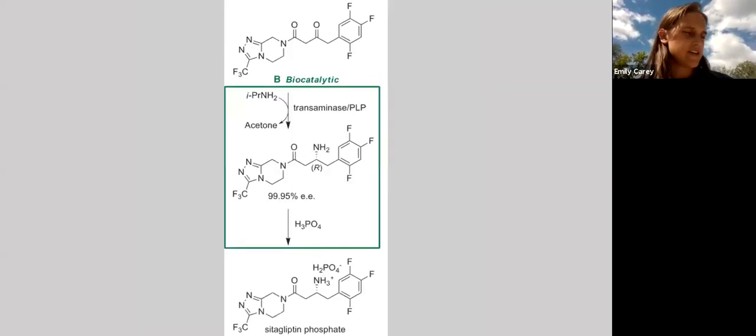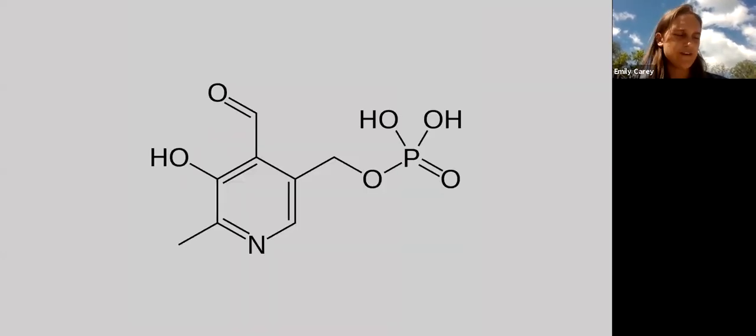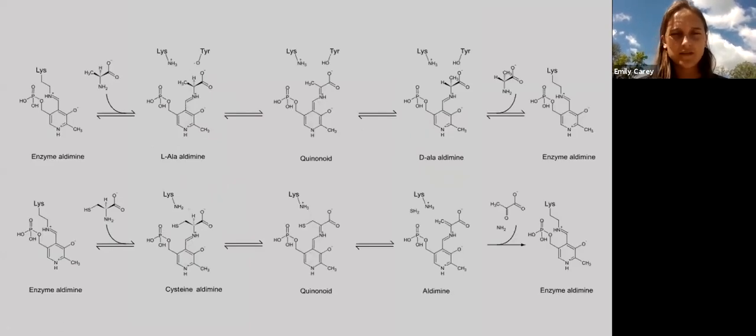Okay, and then this is the biocatalytic approach. So transaminase and PLP were important steps in getting this selectivity of the R configuration over the S. So PLP is pyridoxal phosphate, and it can do a lot of reactions as a cofactor, but it mainly focuses on transamination. So this is the structure of PLP. And then this, I found this online, which was the